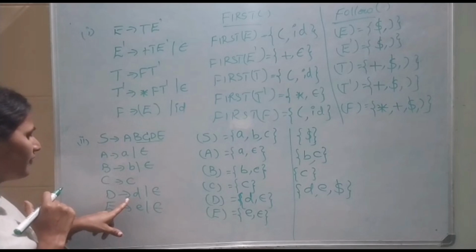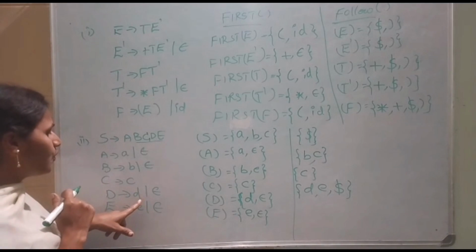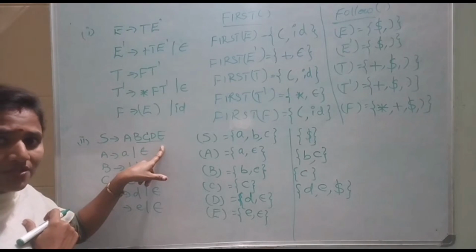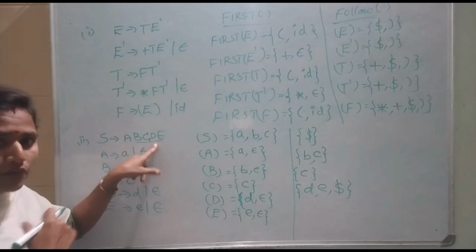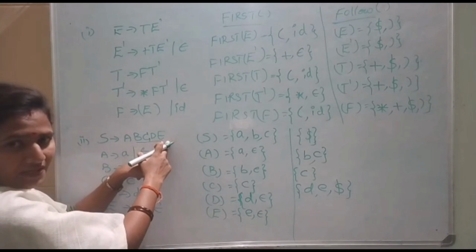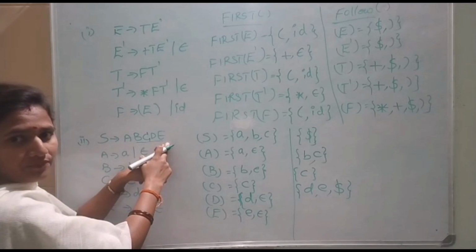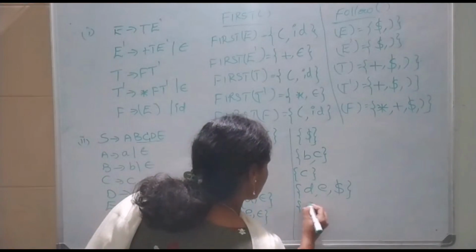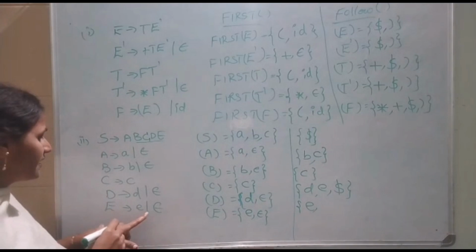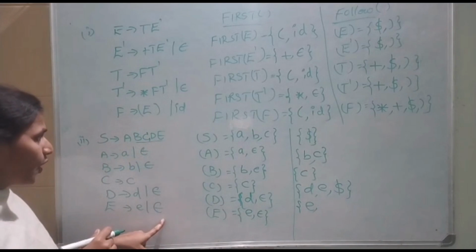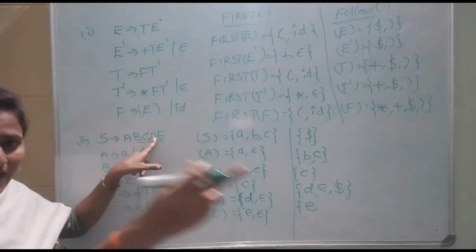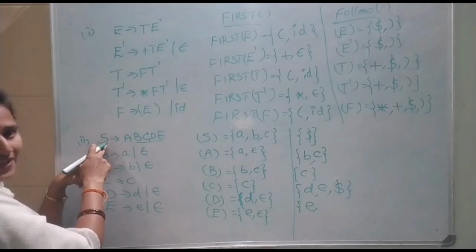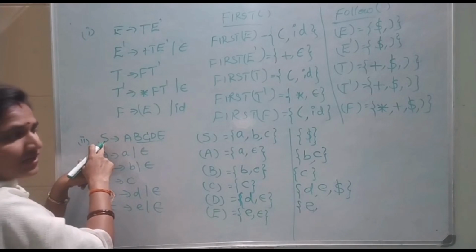Then, moving on to follow of D. Whether D is defined in the RHS of the production? Yes. So if D is defined, what is the immediate grammar symbol? Capital E. What is first of E here? First of E is small e or epsilon. So small e is one of the terminals for follow of D. And if I am going to replace E by epsilon, then D is the last symbol in the production, that is follow of D equals follow of S. What is follow of S here? Dollar.